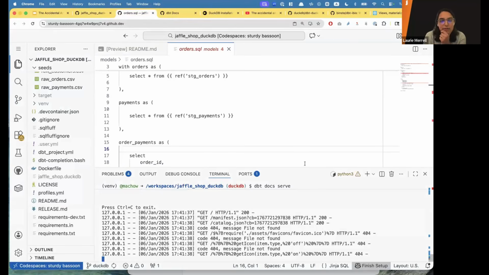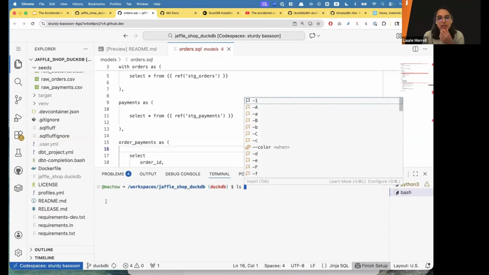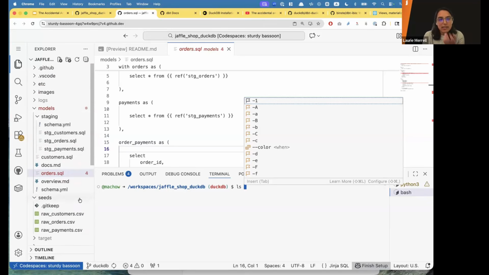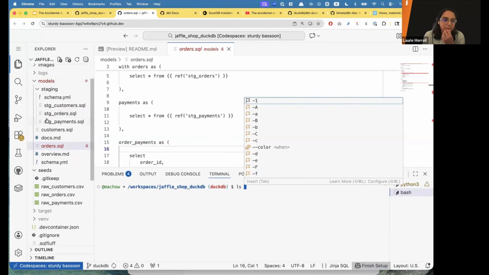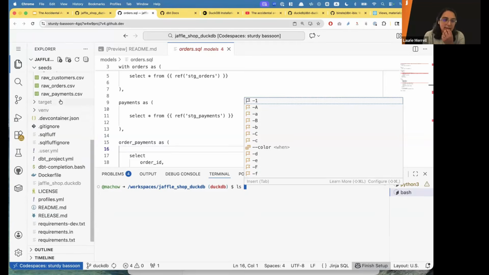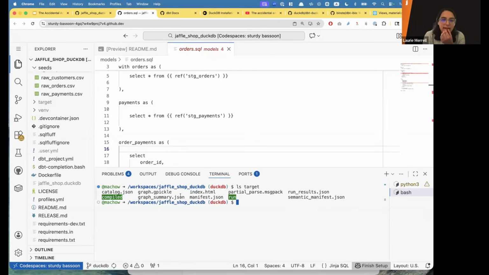That allows you to do different things, like parse your project, and one of the things that DBT gives out of the box is the docs. It's in the target folder, and for docs it's catalog.json.